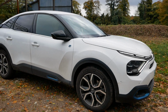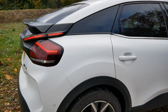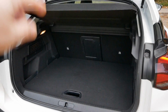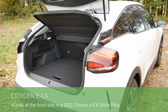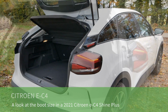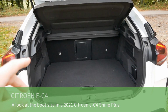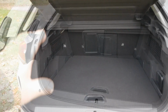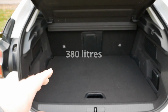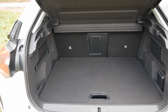This is a 2021 Citroen e-C4, and in this video I'm going to look in detail at the boot, the space with the seats up and the seats down, which isn't really covered in a lot of other videos I've seen. So I'm going to show you as much as I can about the boot space, so if you're looking at buying one of these then you can decide whether this vehicle is suitable for you. So first off, boot volume is 380 litres,